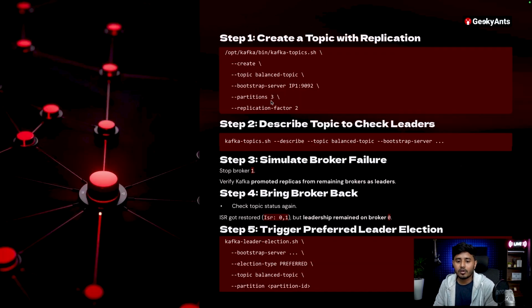For that, first of all, we'll use the same topic which we had created, that is balance topic. And again, instead of partition 2, we'll use partitions 3. And then we will create a topic called balance topic. And then we will simulate the broker failure. We will stop the broker 1,